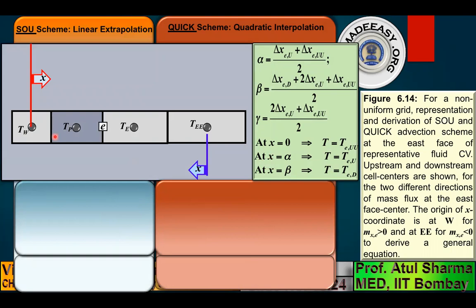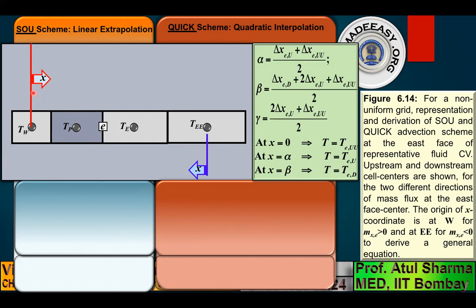And note that in a uniform grid, when you talk of W1, W2, W3, they are independent of which phases you are applying any advection scheme, and independent of the direction of the flow. Whereas in a non-uniform grid, if the flow is in the positive direction versus the negative direction, the expression for the weight will be different. So the weight will depend on the phases on which you need the weight, and it will also depend on the direction in which the flow is occurring.